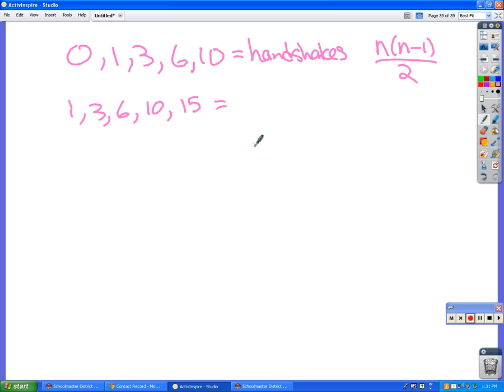1, 3, 6, 10, 15. That's technically the triangular numbers, and that's n times n plus 1 divided by 2. So they're really the same sequence, but one of them starts at 0 and one of them starts at 1,